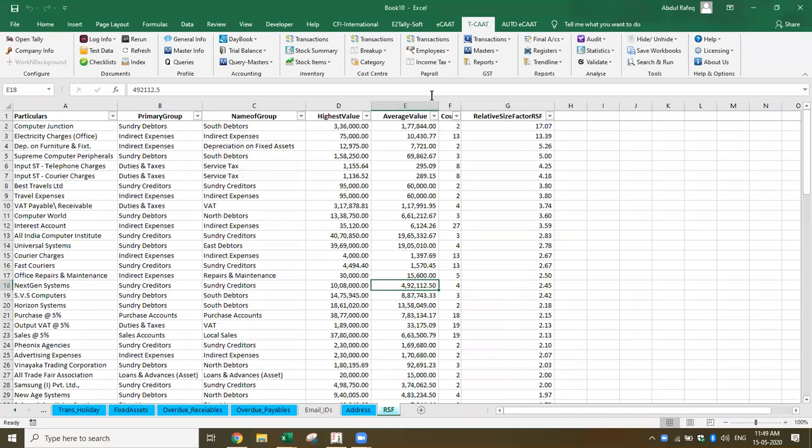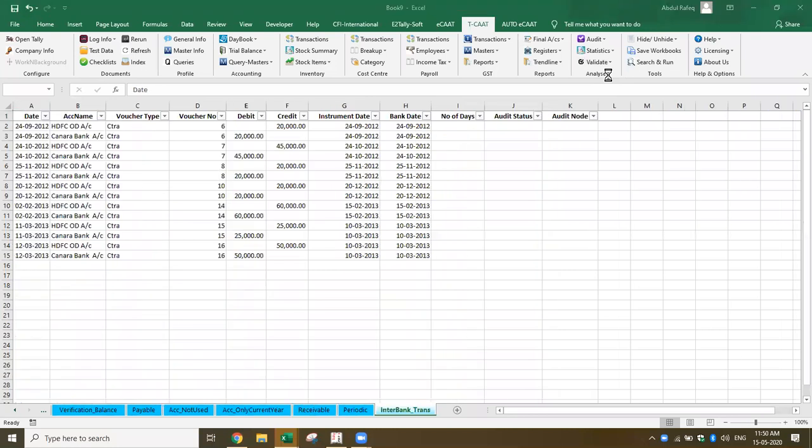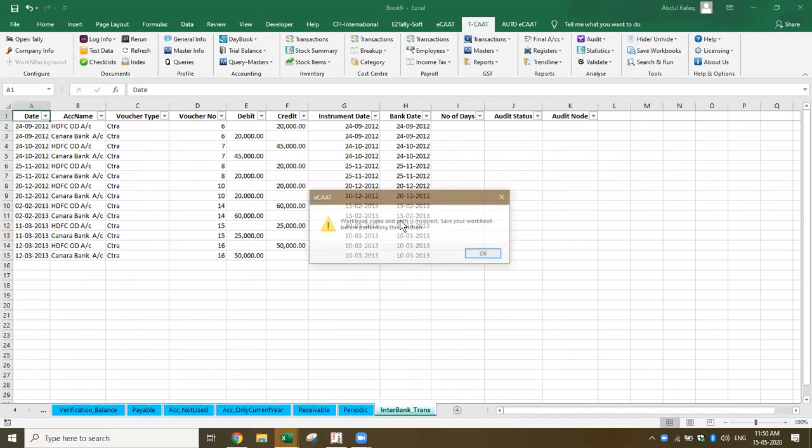Okay, so this is as far as TCAT is concerned. If you see all this information, now you can also do validate. You want to do the validation of this pattern, TDS and other things, TDS numbers or GST number, you can do the validation. Validate means it will validate based on the unique identity of that particular number. It doesn't go to the GST site or the website and then do the analysis. Here, because I don't have the valid data, it is giving an error message.